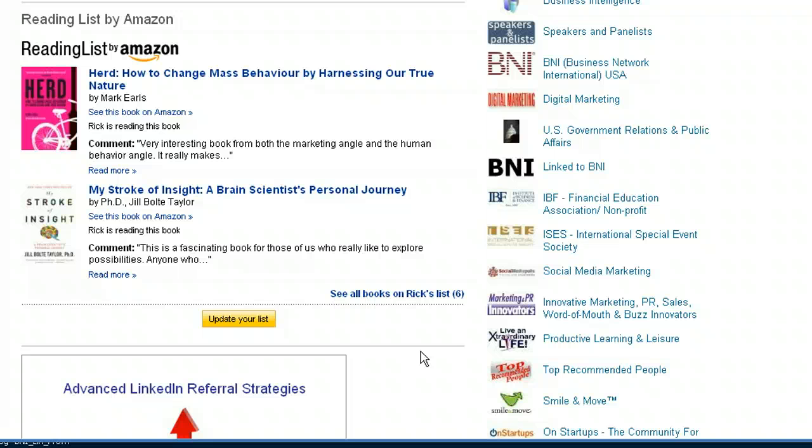For instance, if you're a graphic designer, you can create a presentation with your various logos. If you're a business consultant, you can share one of the presentations that you may have done at an event where you spoke. You can get testimonials from people who have actually given you testimonials and put those in a presentation. So your creativity here can be something that you can show and share with the world by using this